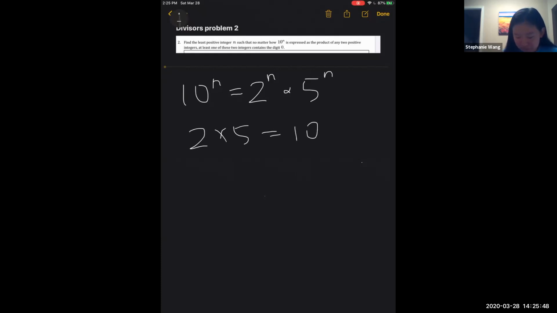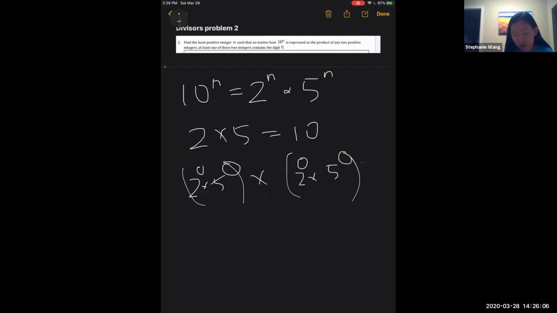So obviously we don't want to be multiplying 2 times 5 together, and on this side we're multiplying another 2 to the power of something and 5 to the power of something, and 2 to the power of something and 5 to the power of something. We don't want to split our factors this way, because we know we're going to get a zero over here and some zero over here. So how else can we split the 2s and the 5s so that we can ensure that at least